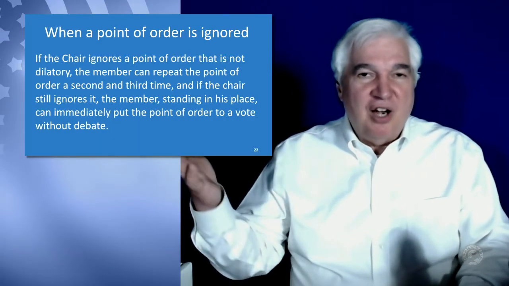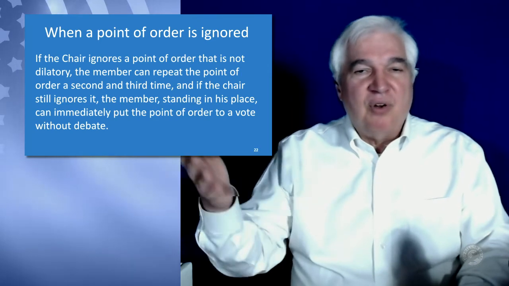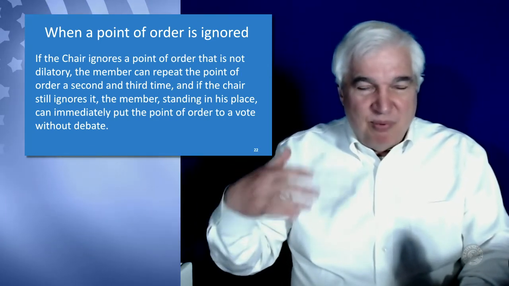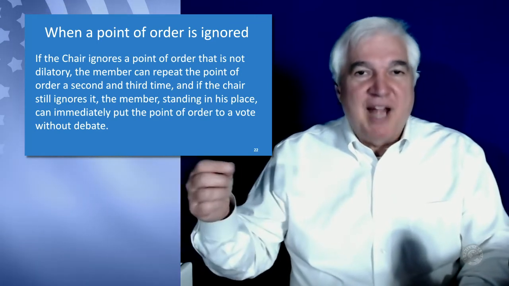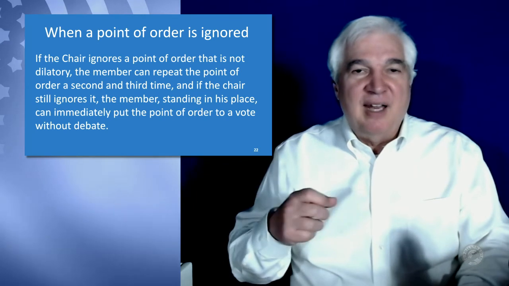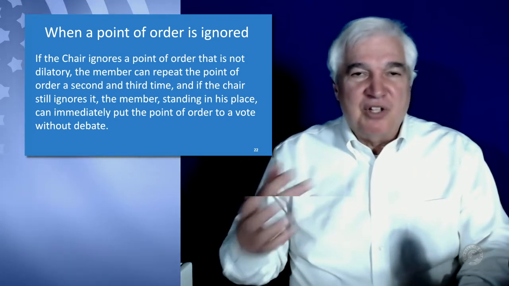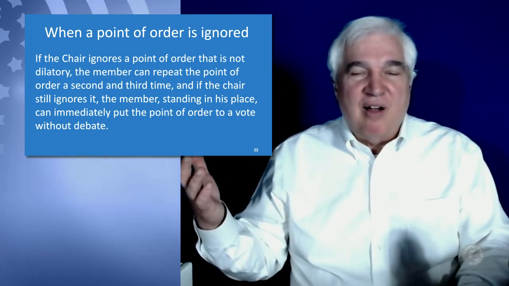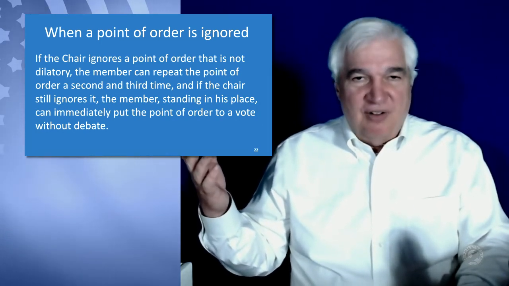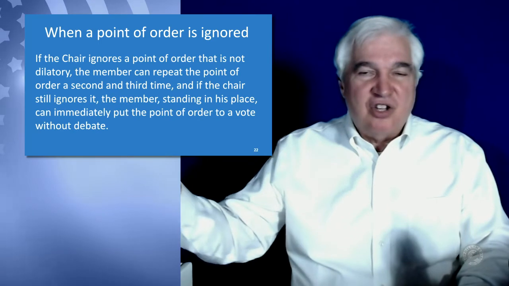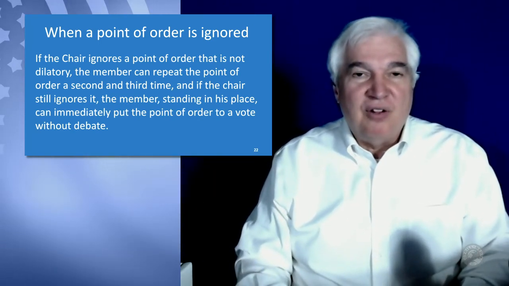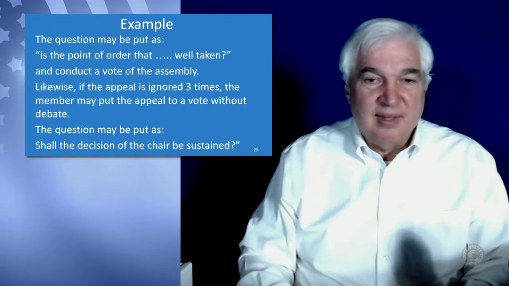So this is when the chair fails to put the vote to the assembly, and you say, point of order, you need to do this, point of order, it's the magic three times. If they don't do it, then you, the member who raised the appeal, can then, from your standing position in front of the mic or however you are in the meeting, conduct the vote yourself. You take the vote out of the hands of the chair and you conduct the vote yourself because the chair has started to fail to follow the rules.